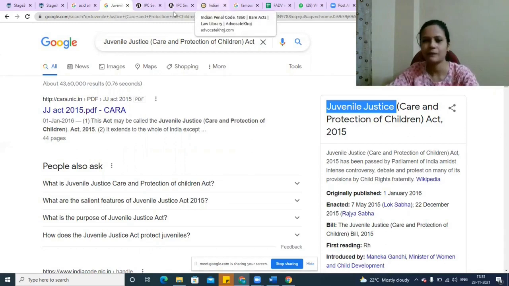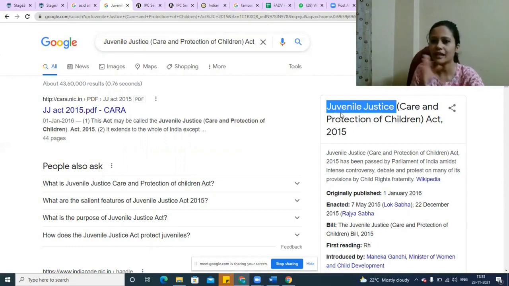But after the Nirbhaya gang rape case, this matter was raised that most of the crimes where juveniles are involved are within the age group of 16 to 18 years. Might be after 2 months, their 18th birthday was coming. Just because of that 2 months gap, they would escape this entire punishment completely. And at 16 to 18 years, they are already mature enough, right? They are not kids anymore. So they said that IPC has a flaw in that part, and also this Juvenile Justice Act.